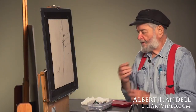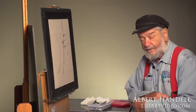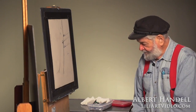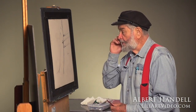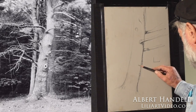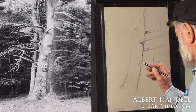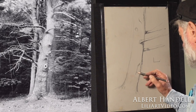Trees are not like toothpicks standing on the ground. They kind of spiral out of the ground. And there's a certain quality to a tree, and you can see it in the bark. So let's put in a little bit of bark. Again, the light's coming in this way, and let's say you see that, and then you come down to like this,